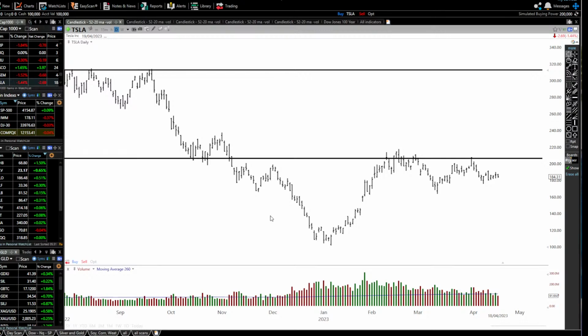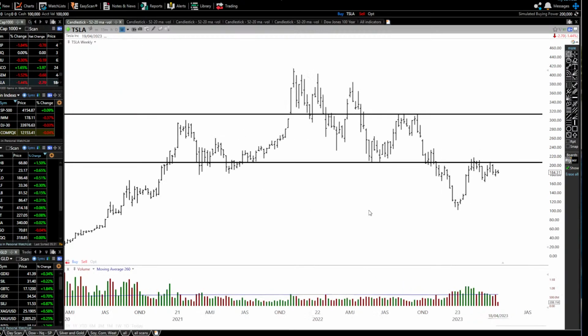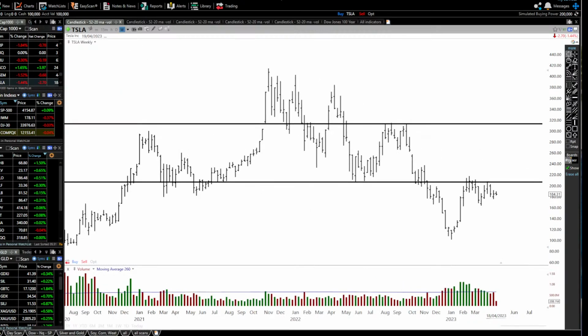To get some sort of probability behind you, we're going to have rules-based, pattern-based. What are we looking for? Let's go have a look at Tesla here. Tesla on the weekly charts is starting to really get a bit of a strong...